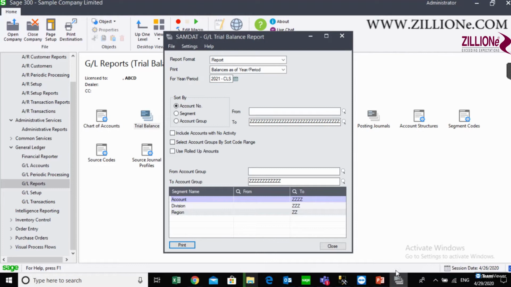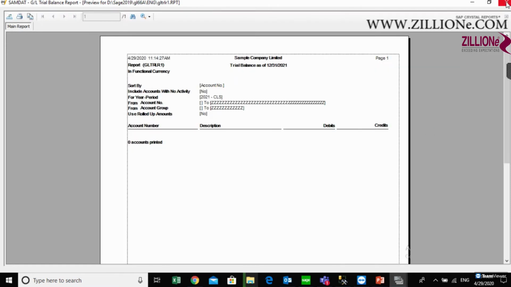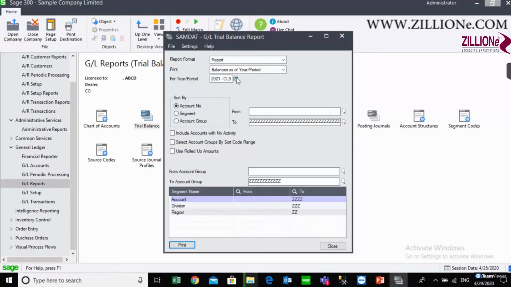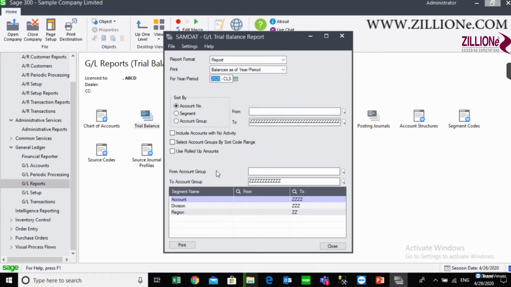Sorry, 2020's closing period, not 2021. Whatever financial year you are closing, that last year's trial balance you have to take as a backup. From here, you can take the 2020 closing period trial balance as well.